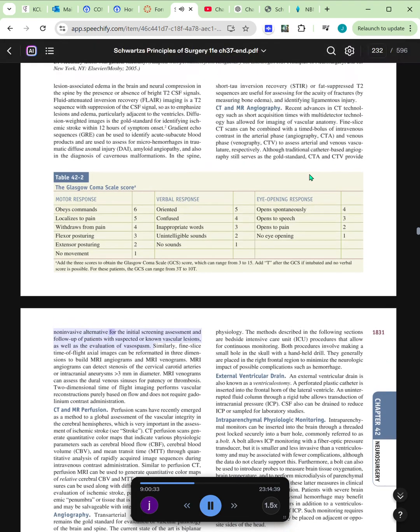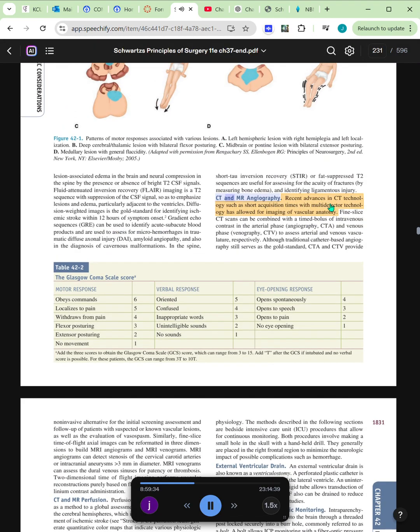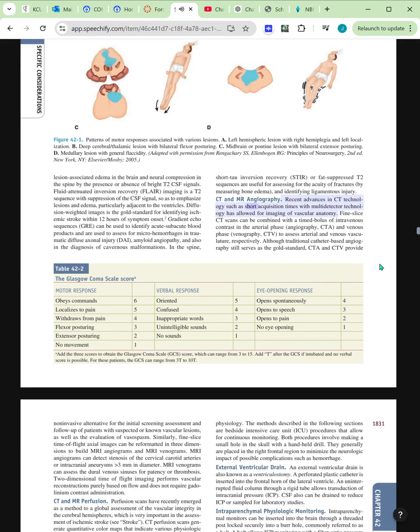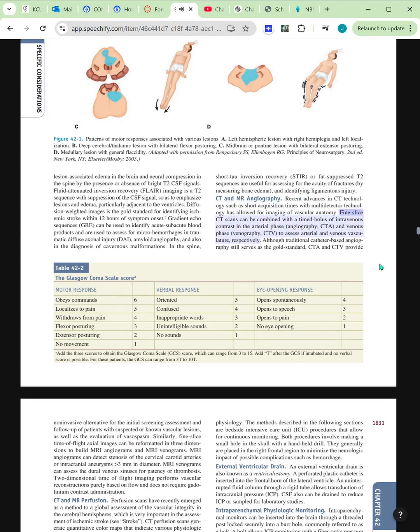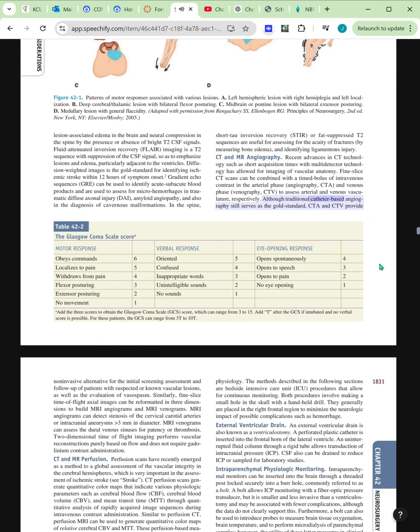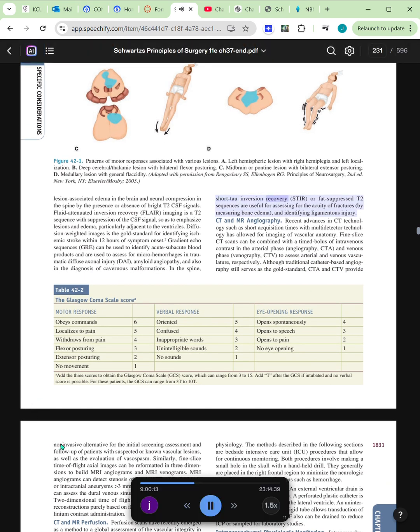CT angiography and venography. Recent advances in CT technology, such as short acquisition times with multi-detector technology, have allowed for imaging of vascular anatomy. Fine slice CT scans can be combined with a timed bolus of intravenous contrast in the arterial phase and venous phase to assess arterial and venous vasculature, respectively. Although traditional catheter-based angiography still serves as the gold standard, CTA and CTV provide a